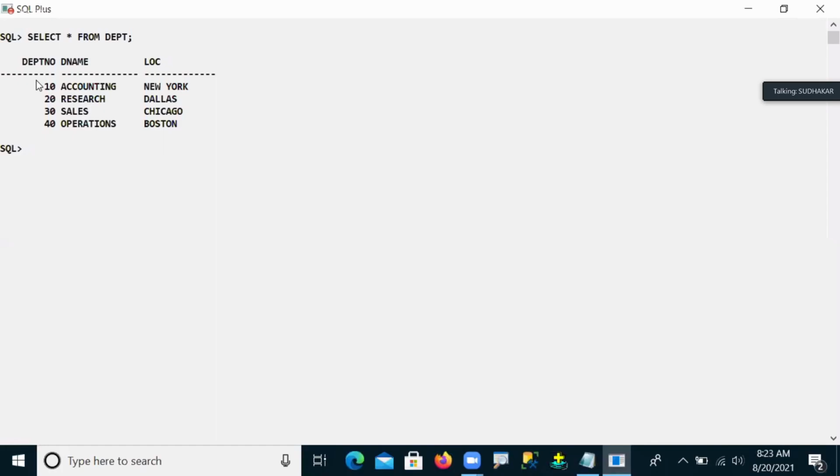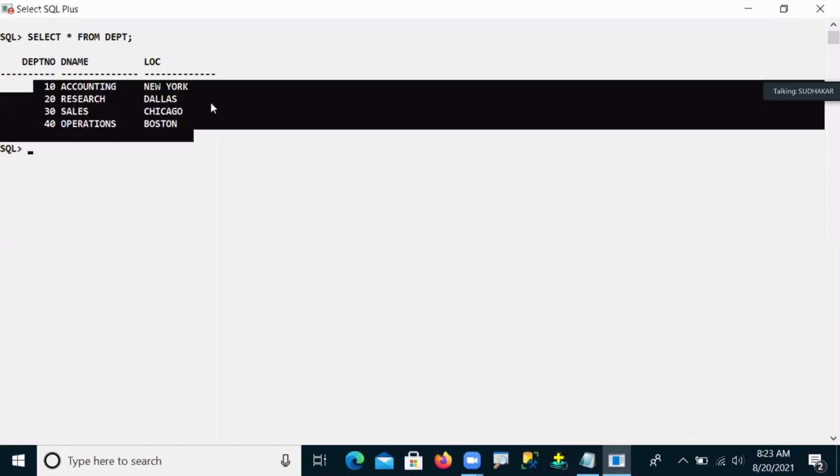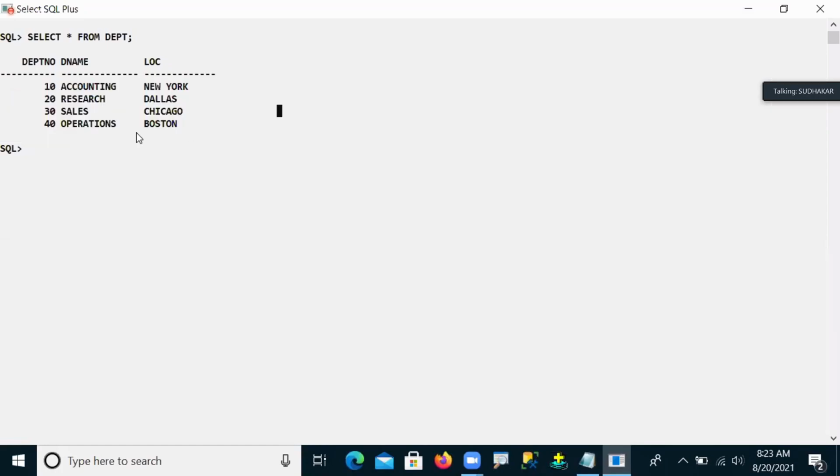Suppose I need to insert this table data into multiple tables. First of all, I want to create some new tables.